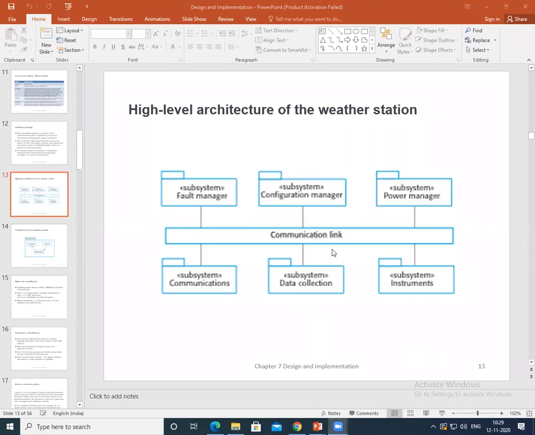Here you can see all parts of the system are represented as subsystems. This is a UML notation: subsystem, subsystem, subsystem. So each individual subsystem is represented. What is this? A fault manager, power manager, configuration manager, data collection, instrument, communication. All are the subsystems that are connected to a communication link.